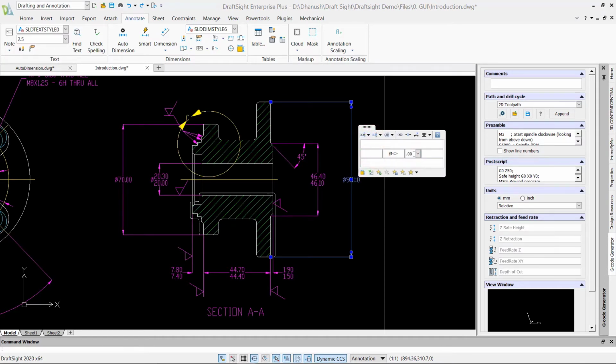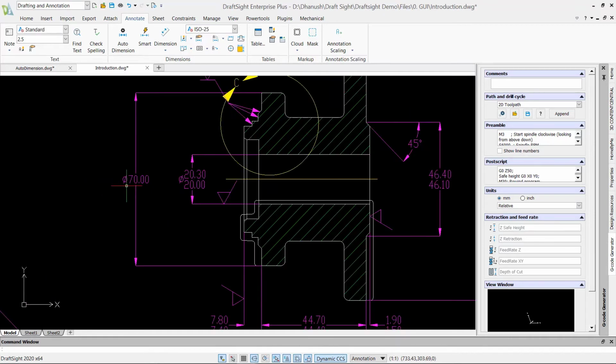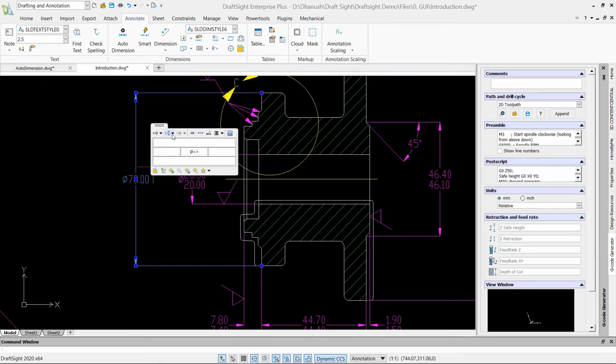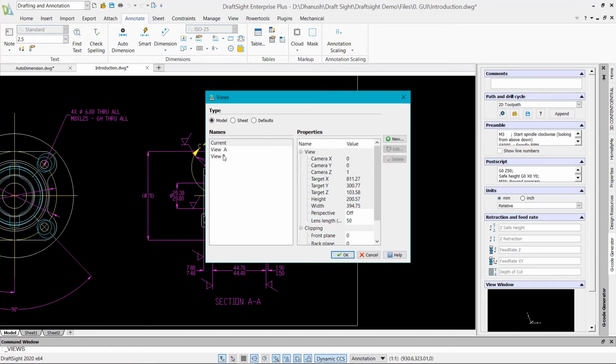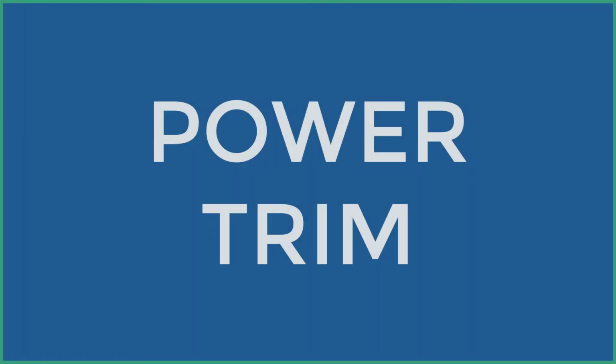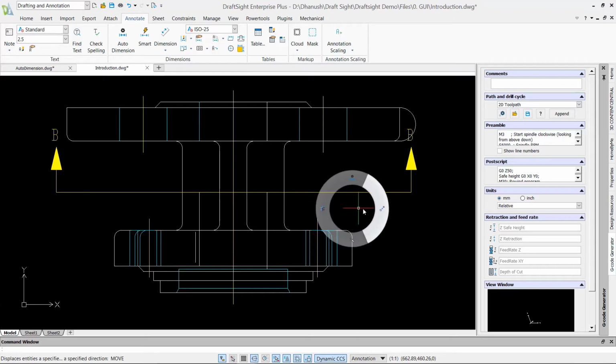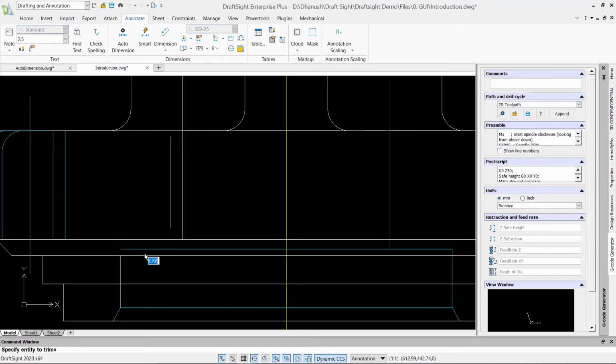For the selected dimensions, prefix and suffix can be added along with the tolerances, and it can be controlled with precision. Power trim. With one tool, entities can be trimmed, extended, and deleted.